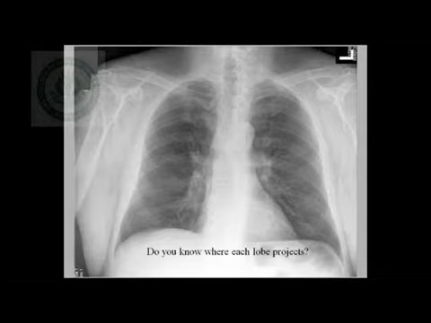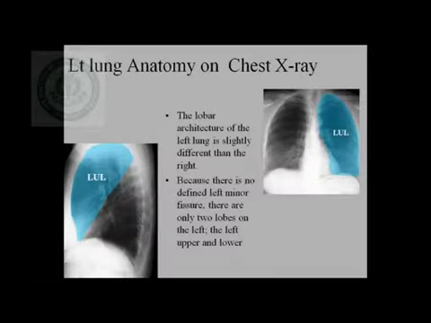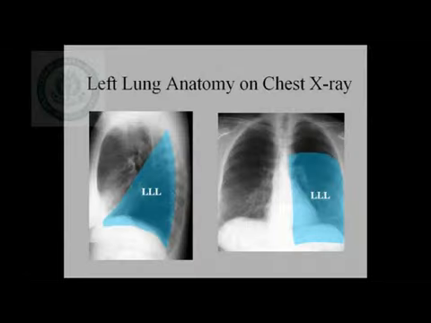Now, if you see in an AP projection, there is a considerable overlap of the left lower lobe over the left upper lobe. This is predominantly the lingular segment which is overlapping with the left lower lobe. So when identifying the pathologies of the left lower lobe, you should be careful and use a sign called Silhouette sign, which I will be discussing later on, to detect the location of the pathology.